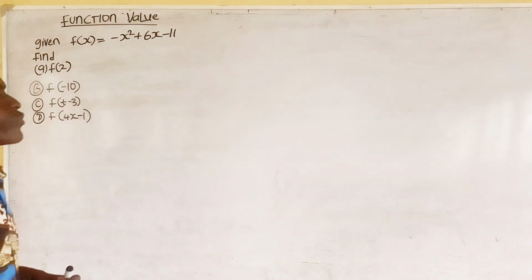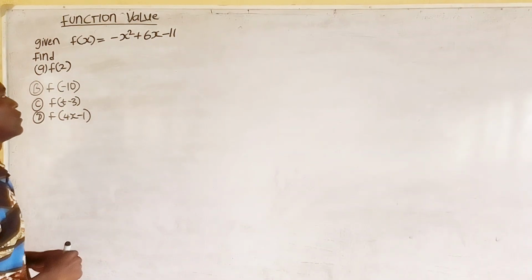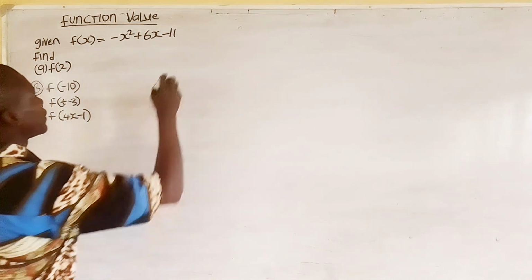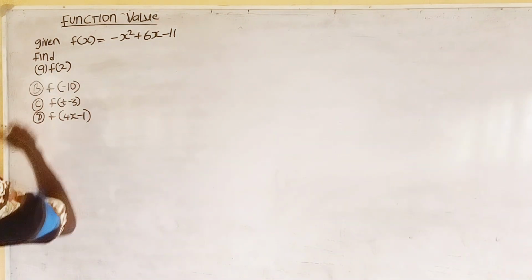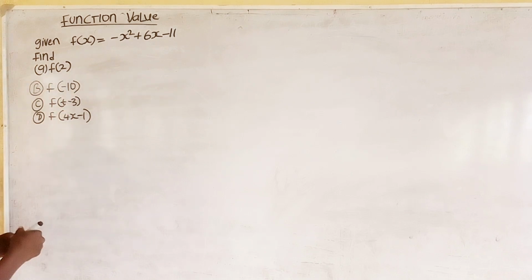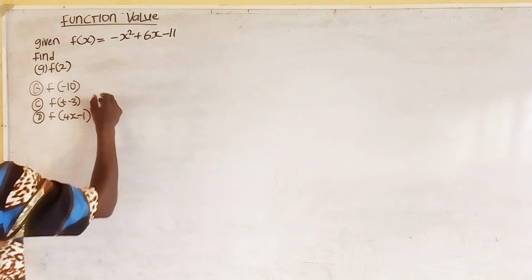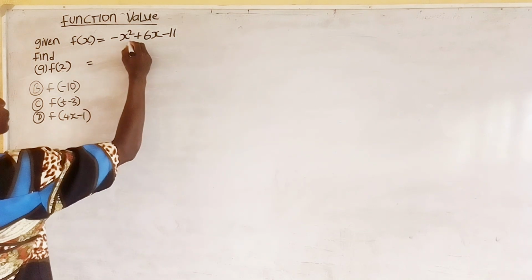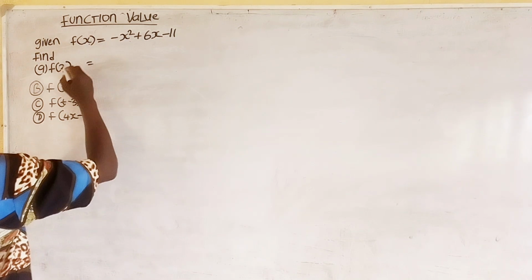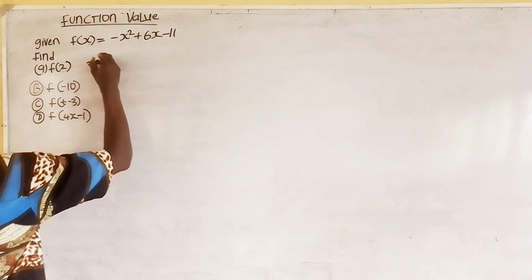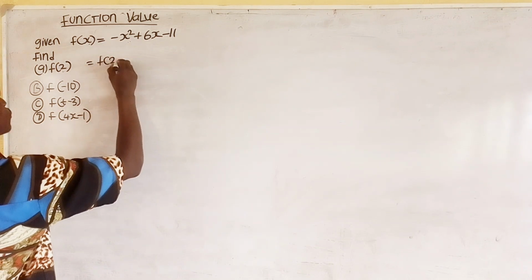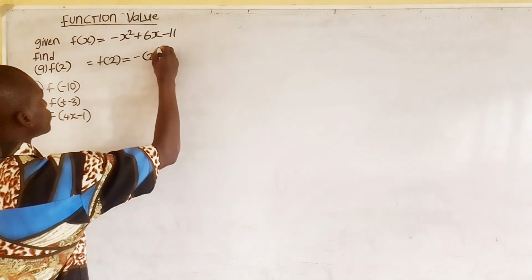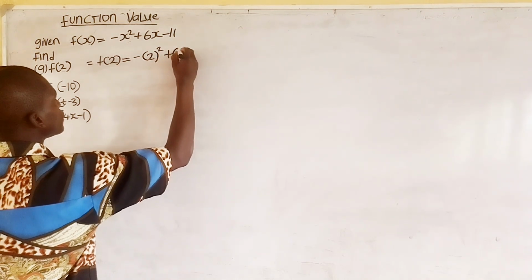Given that f of x is equal to minus x squared plus 6x minus 11, find f of 2. What it just means is that you should replace x with 2 in this equation. Replace x with 2 in this equation. That means f of 2 is equal to minus 2 power 2 plus 6